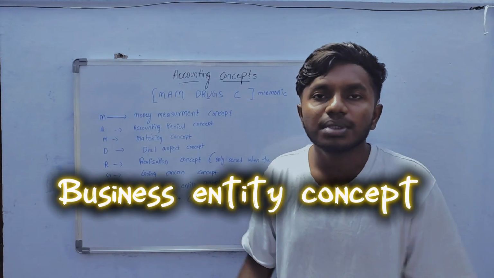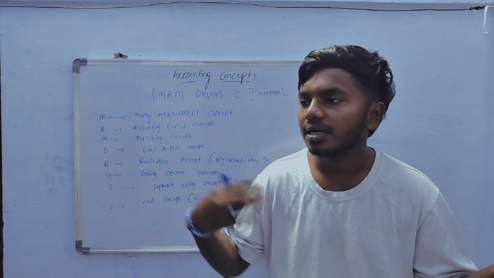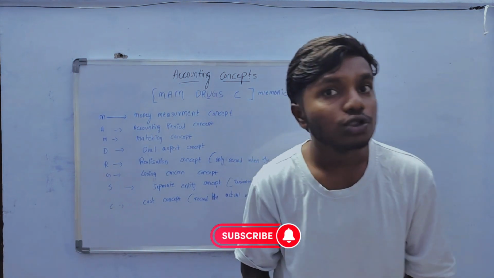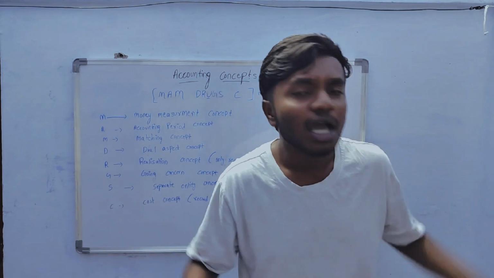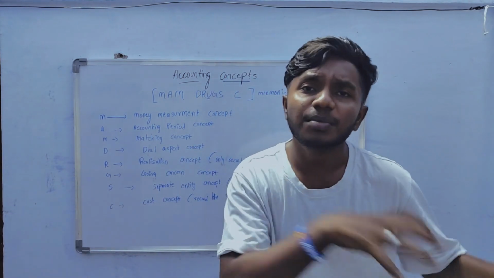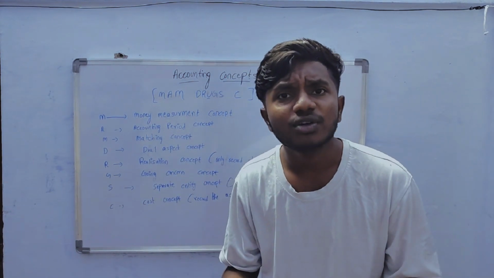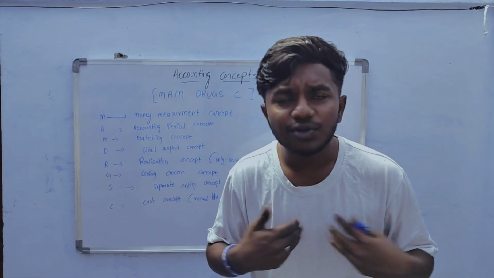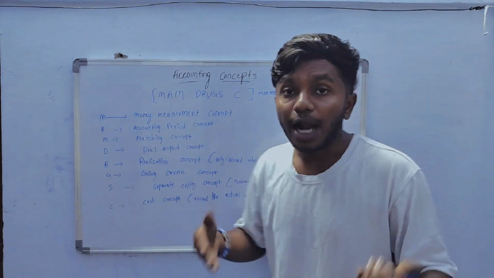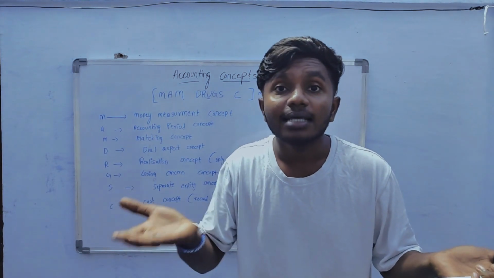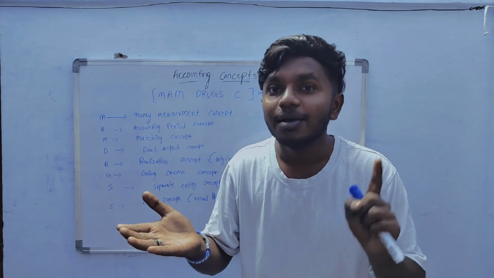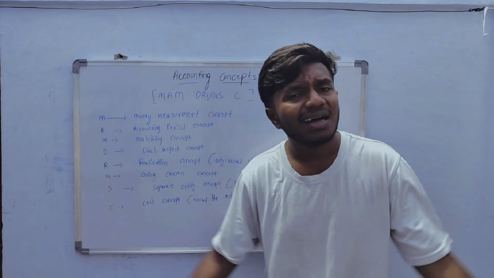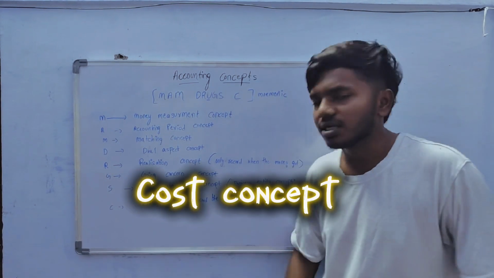Simple. Business entity concept. The business entity concept states that the business is separate and the owner is separate. Let me give you an example. You have a fancy cosmetic store and also you have a wife who keeps taking cosmetics and nail polish from the business. How would you calculate the profits of the business and the financial position of the business? Did we put up a business for ourselves? No, right? We put up the business for profits. And also we treat the capital as a liability, not as an asset, because of this separate entity concept. Mind it.